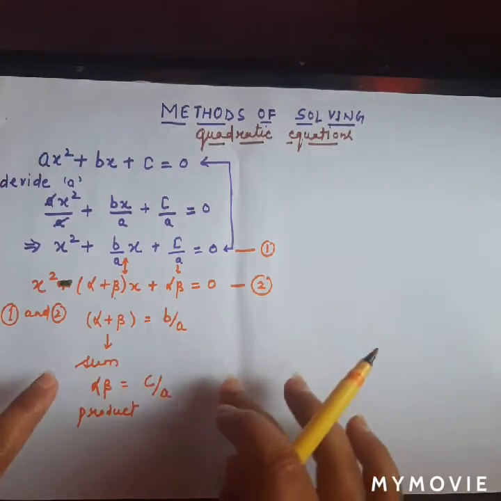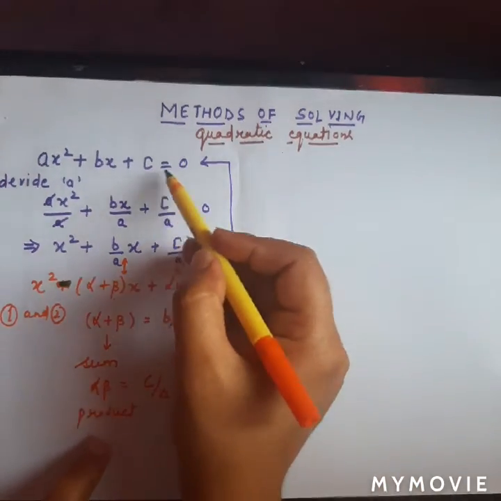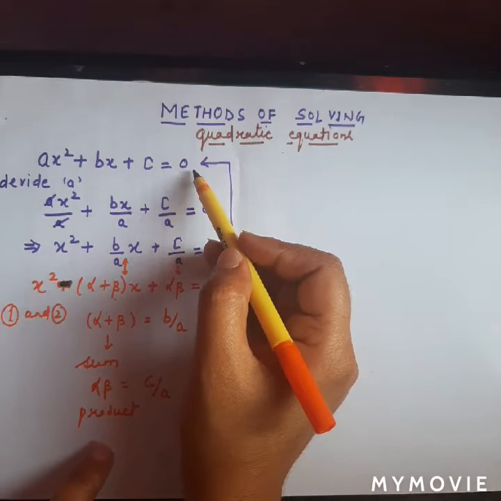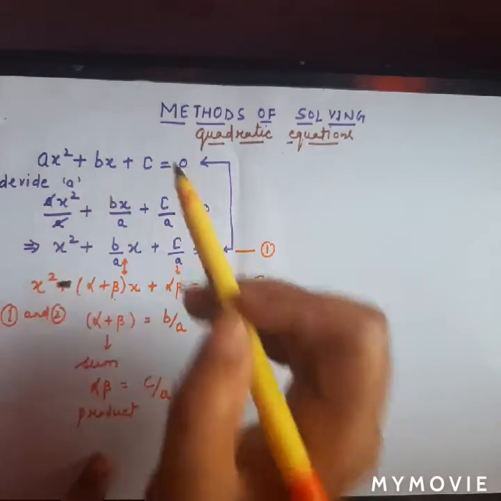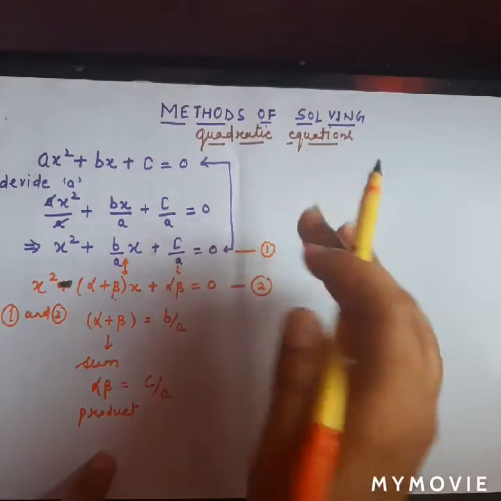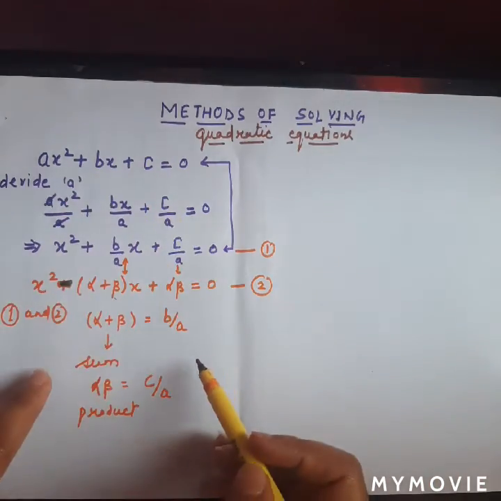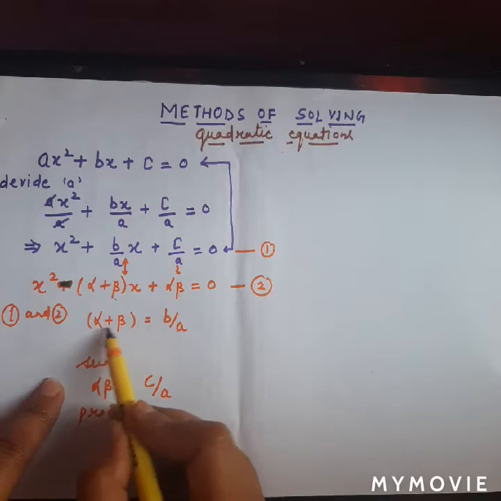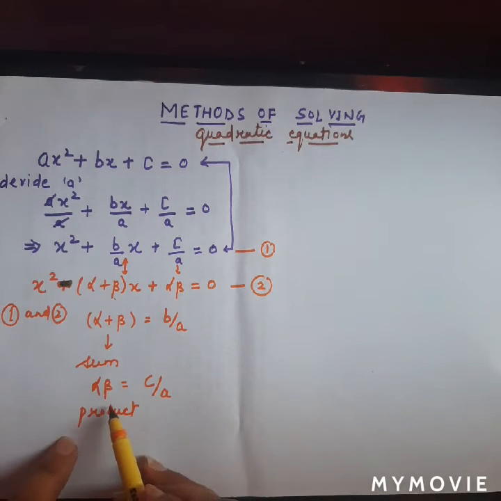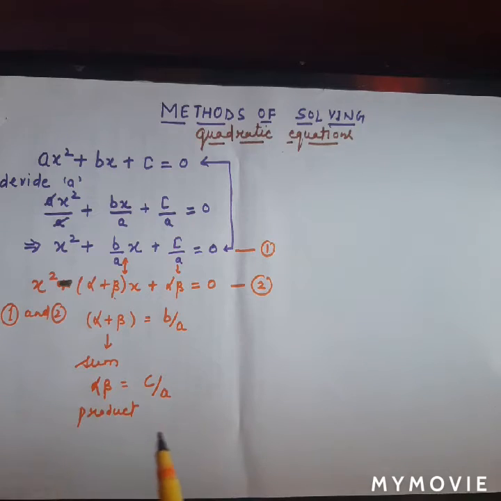So now, when we have a quadratic equation, let me explain generally. This is the general form of a quadratic equation, right? And a, b, c will be given to us, and I will explain this with an example. Just wait. When a, b, c are given to us, then we can find the sum of the roots and the product of the roots, right? Let us take an example.